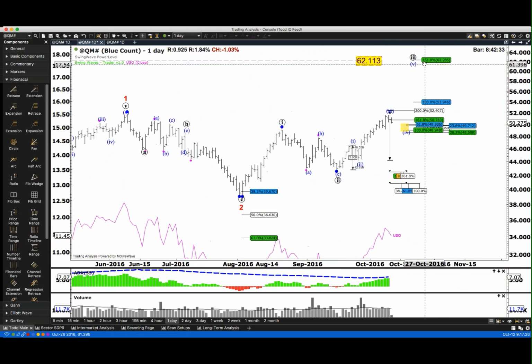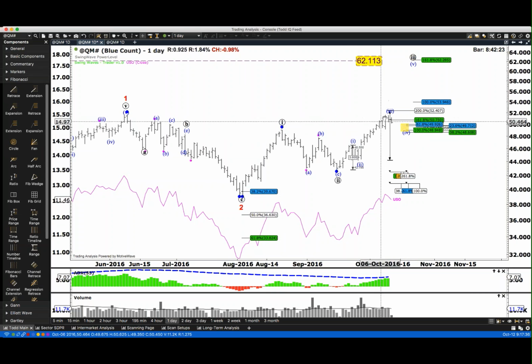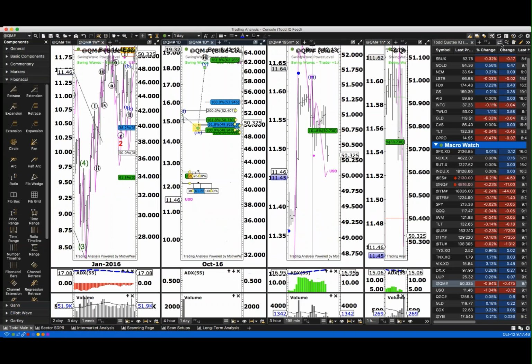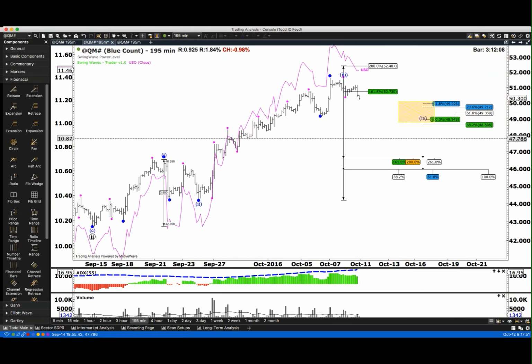All right. I'm giving this thing the benefit of the doubt. Say this is going to be a third wave rally. I'm very much ready to abandon this. I'm going to consider this to be 1 or A, 2 or B, and 3 or C. We're starting to hold some fib resistance up here. So all I'm going to focus on is the move up from September 16th. I think we're falling into a little bit of a fourth wave here off the daily. Let's go down to the 3-hour chart, and I have USO overlaid.